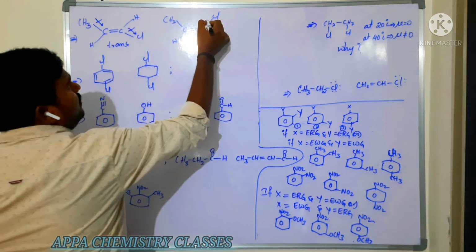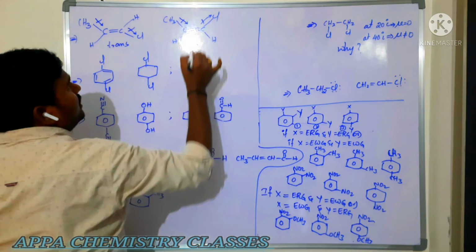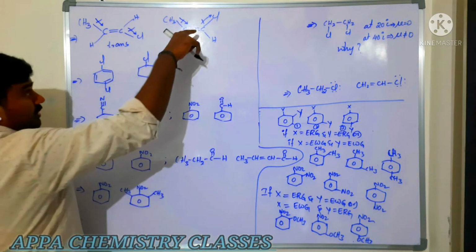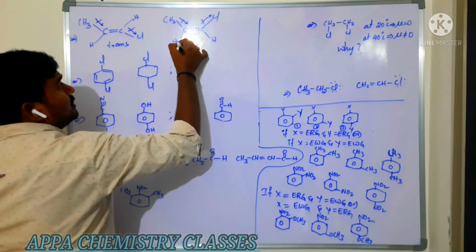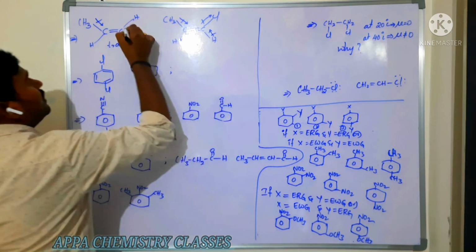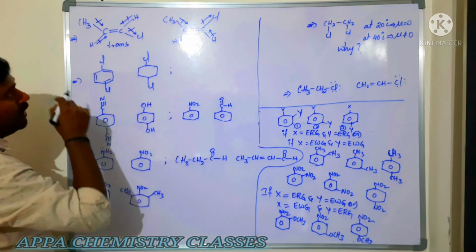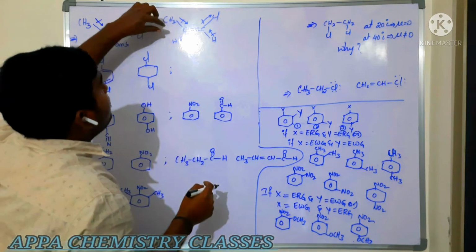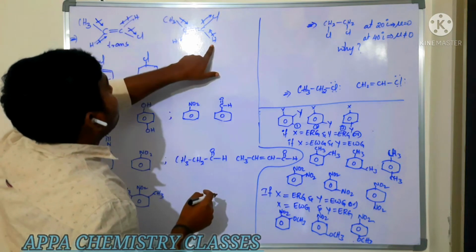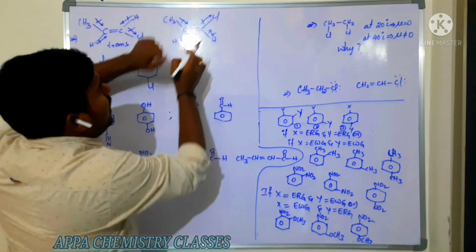So, but whereas here what happens, the resultant dipole moment is going in this direction, here it is coming in this direction. Now, here hydrogen is donating like this, the dipole moment. Now, in this case, hydrogens will be like this. Now, in this case, what happens right here, this hydrogen dipole moment and this methyl dipole moment both are cancelling.